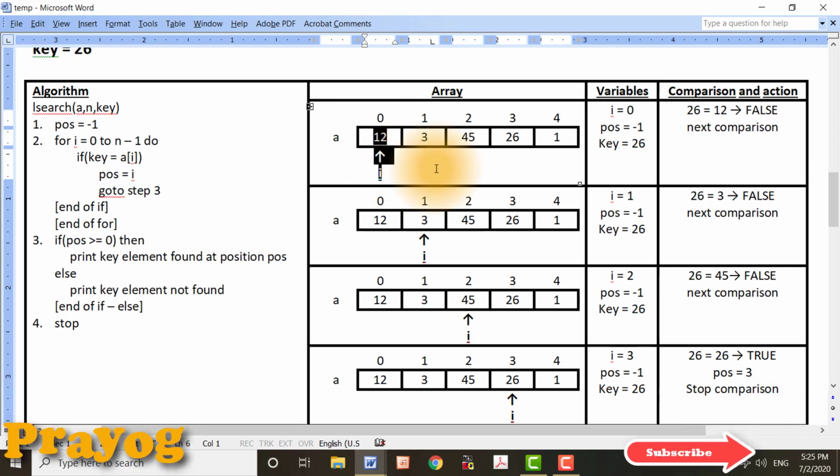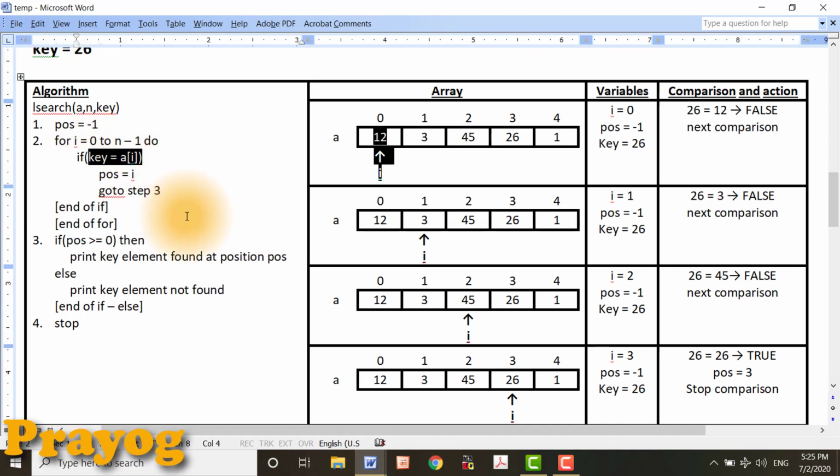This 12 is going to be compared with the key element like this. If key is equal to A[i], you can see here key is 26, A[i] is 12, 26 is not equal to 12, that is reflected over here, that is false.